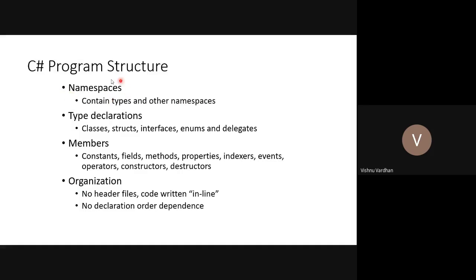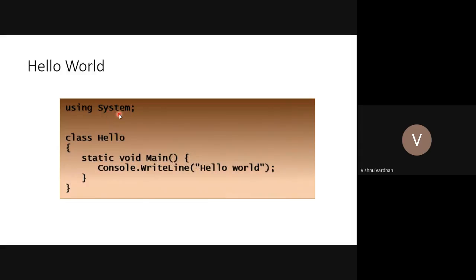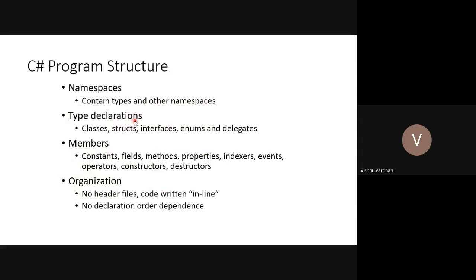That means namespaces can also be nested. Nested in the sense, you may have System.Net.Tcp. So Net is a nested namespace available under System, and Tcp is a nested namespace available under Net. In that way, the namespace mechanism is provided in a nested way.